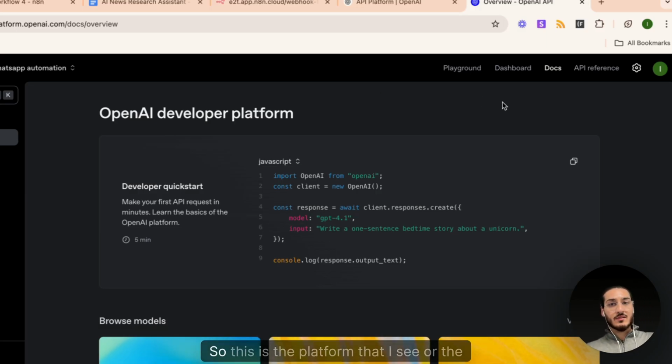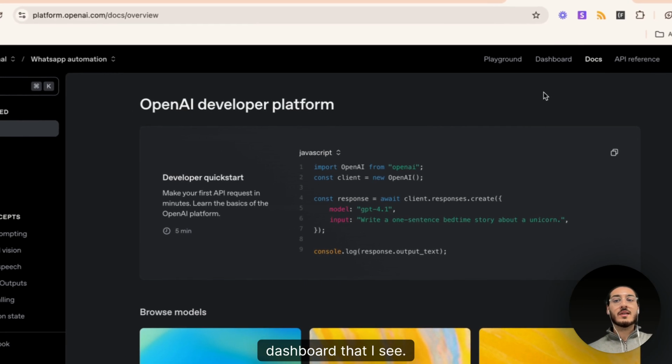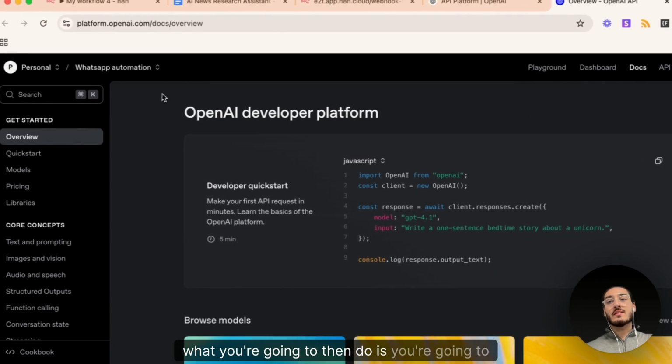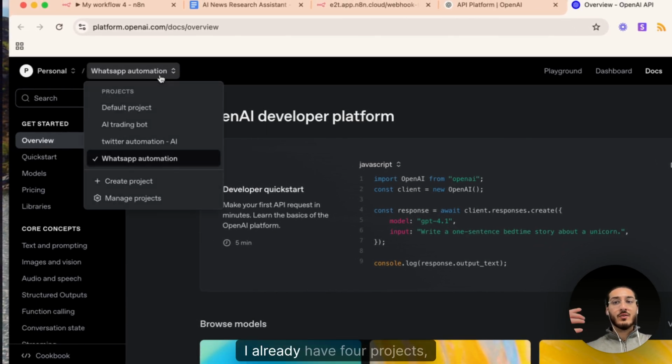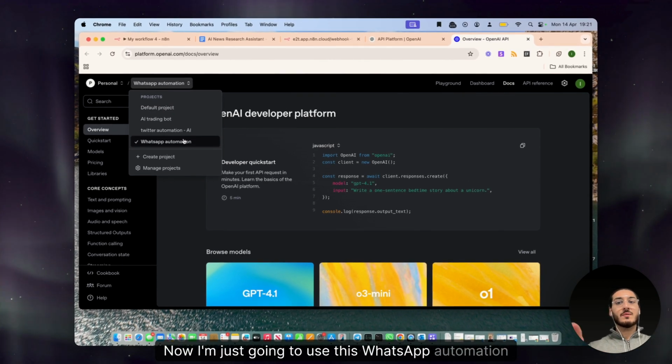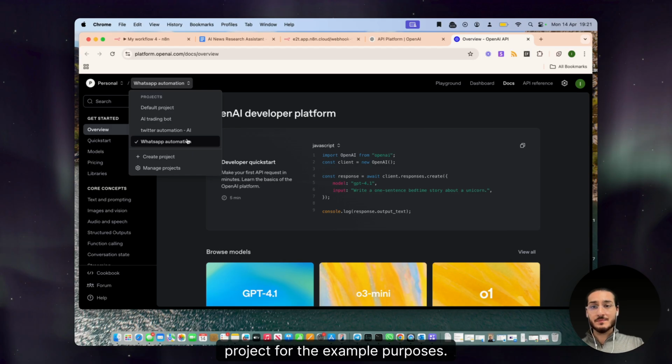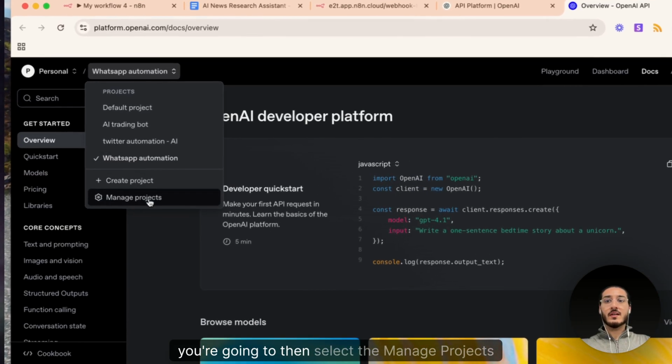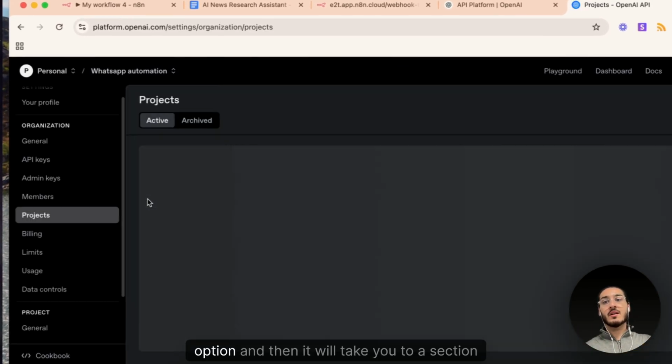I'm already signed in, so this is the platform, or the dashboard, that I see. What you're going to then do is create a new project. I already have 4 projects, so I don't need to create a new one. I'm just going to use this WhatsApp automation project for example purposes. Once you have this project, you're going to select the manage projects option, and then it will take you